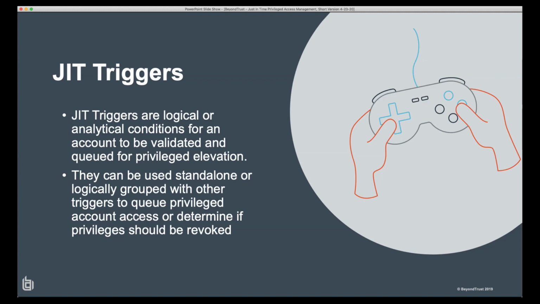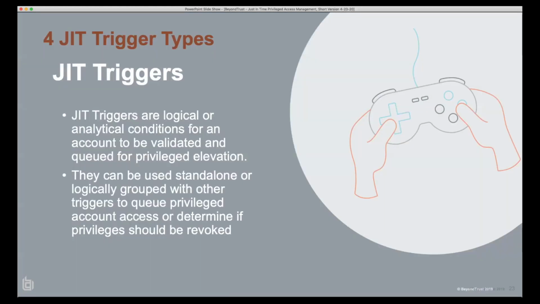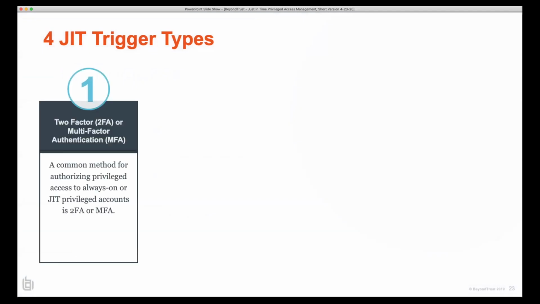If I'm running a VPN, not gonna have it. I have a ticket in a workflow system like ServiceNow or BMC or something else, and I've done X, Y, and Z. All right, you've met all the criteria. I will allow you to have access. And that's the key. So there are 4 types of triggers.